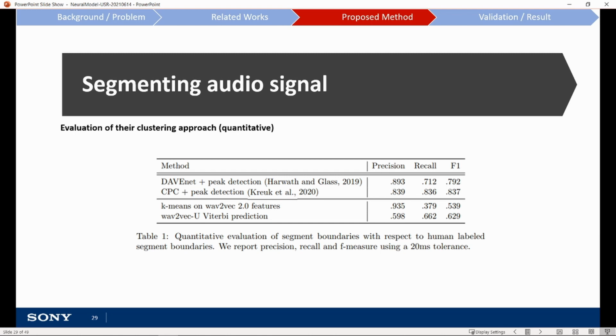Now if they had not used a generator at all, the granular k-means clustering output produces a very high precision but very low recall, and hence a relatively low F1 score. On the other hand, the generator output is much more balanced in terms of precision, recall and F1 score. Therefore, what we can conclude from this is that the representation that we obtained after k-means clustering already had different phonemes segmented and embedded in different parts of that space, but the boundary between the segments was very noisy,